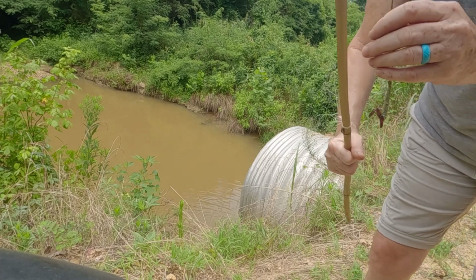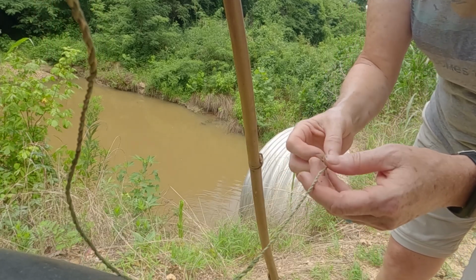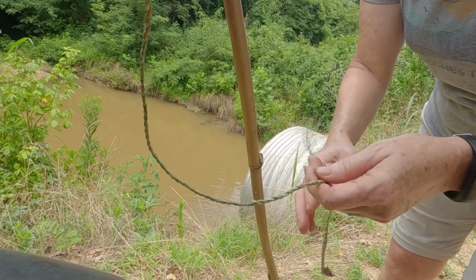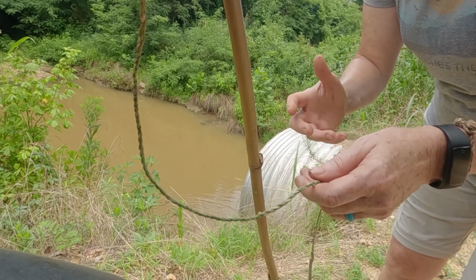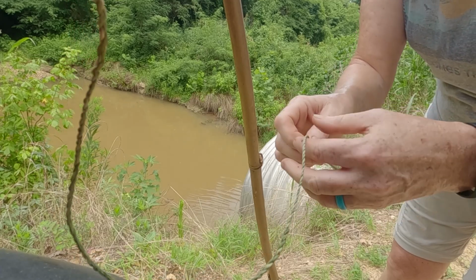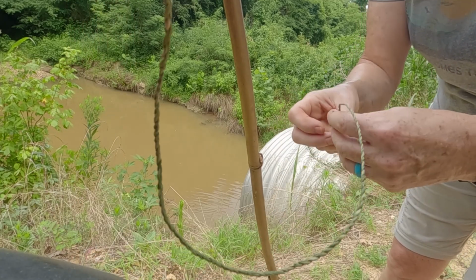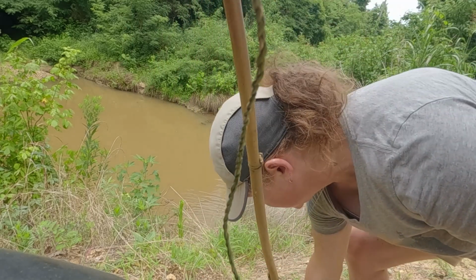Alright, already I know a problem with this setup. I don't have a weight to make this go under the water. And I don't have a bobber, which I'm not concerned about, or a cork, because I can control how high it floats or how deep it floats. But I don't have a weight on it and it's not wanting to go down under. So,